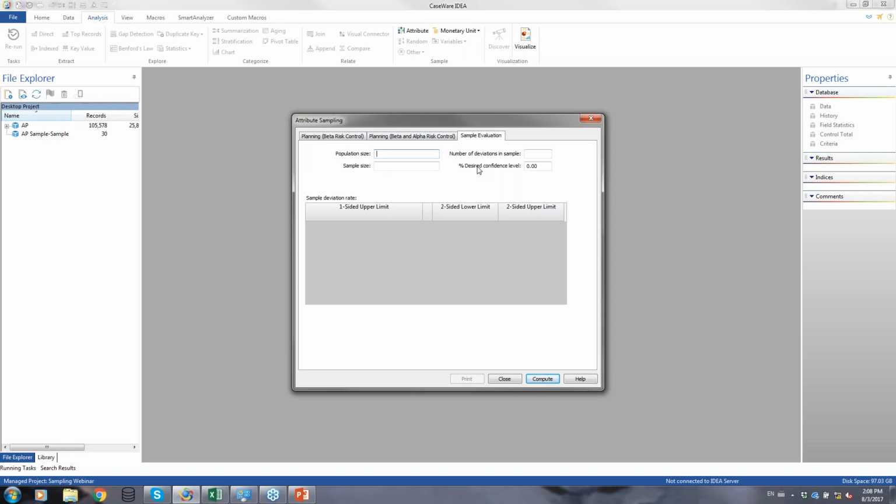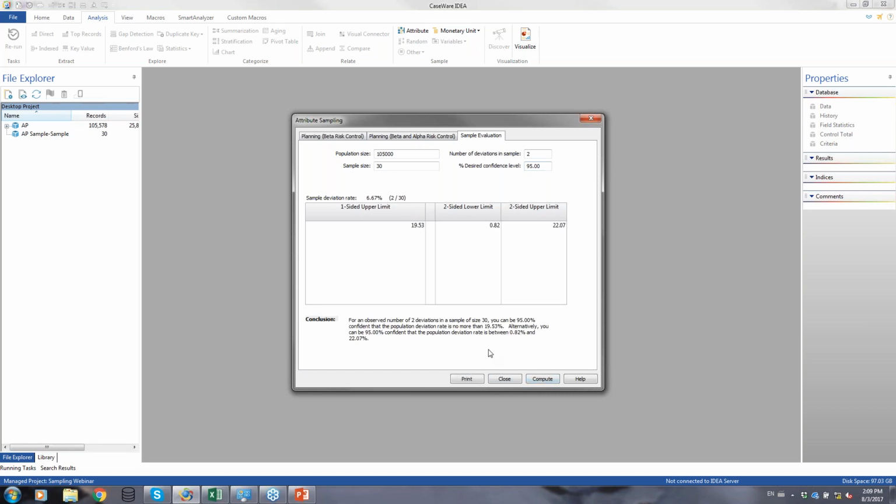If we were doing attribute sampling for control violations, we could say we have a population size of 105,000, we selected 30 items, we found 2 deviations, and with 95% confidence,